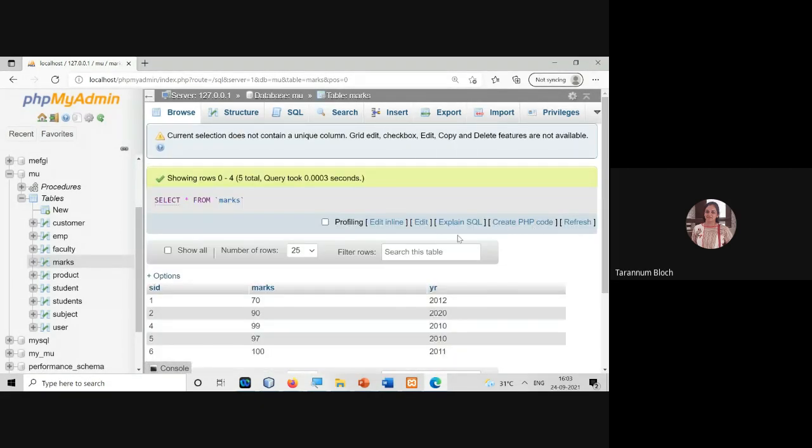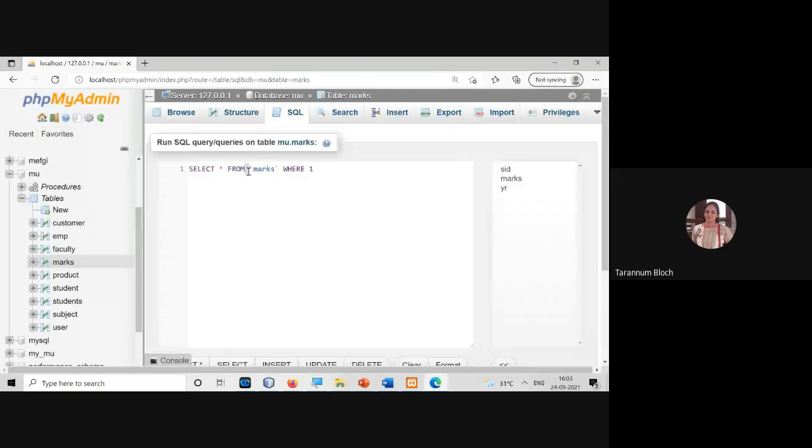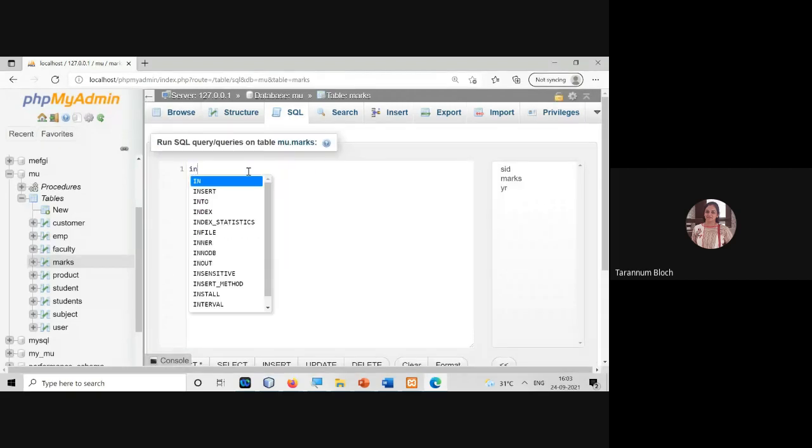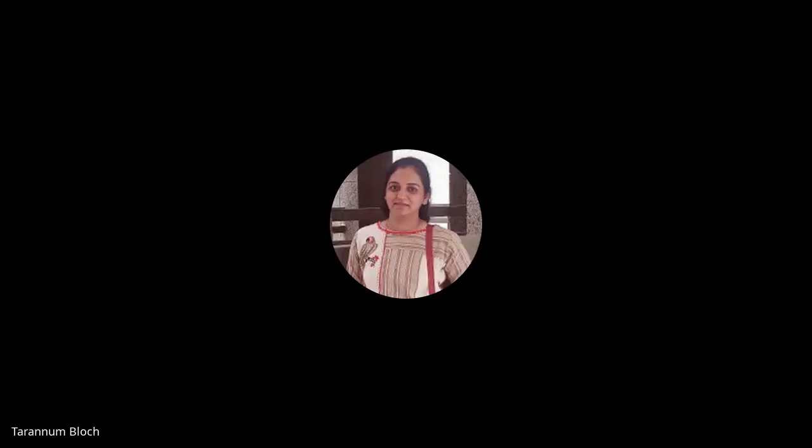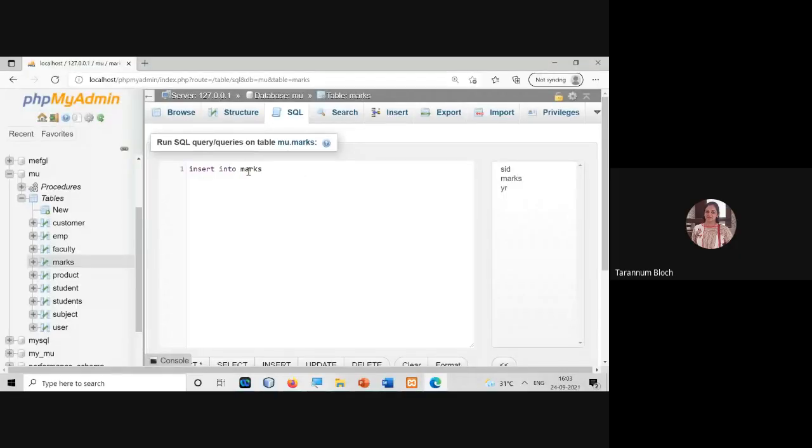So I need to insert this. So how can I then take the value of select? Any idea? Are you getting the point? I'm saying I have to write insert into marks, and I want to enter SID, marks, and year, right?